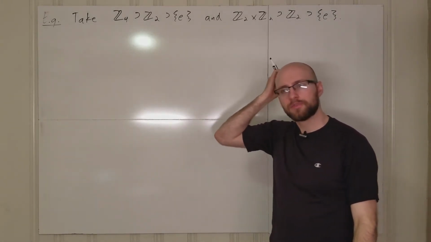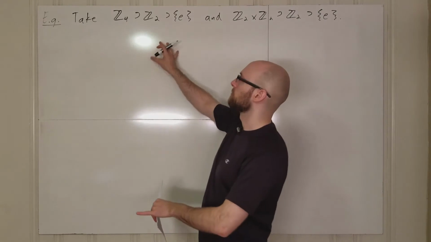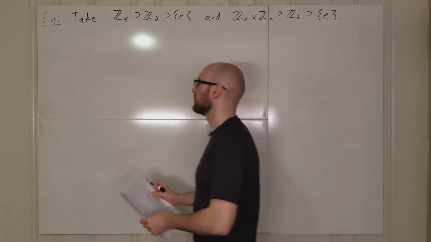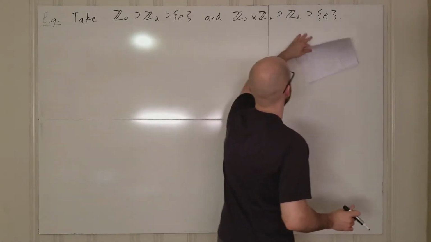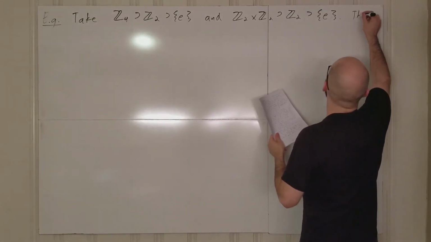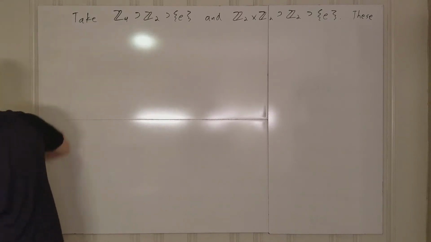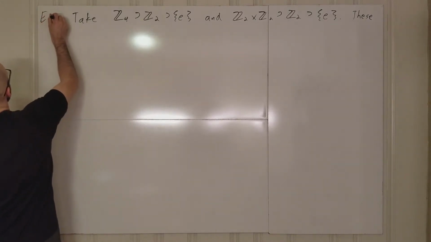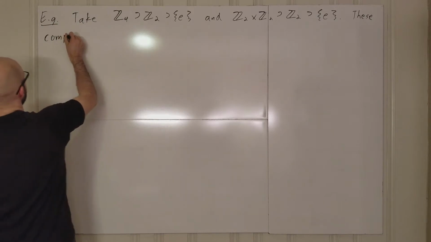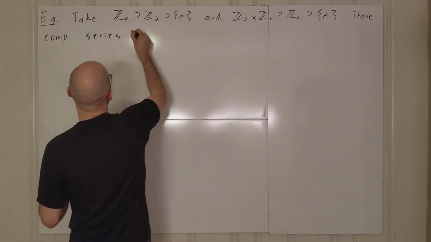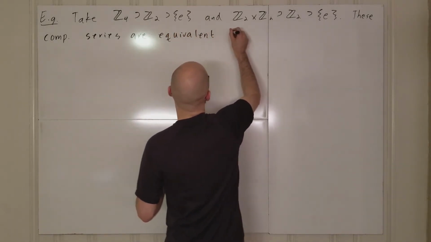And so every single graded piece is Z2, and so in particular they're all isomorphic to each other. And so for that map that we had where you rearrange the graded pieces if necessary, we don't even have to do that here, because this quotient is the same as this and this quotient is the same as this. And so therefore, these composition series are equivalent, even though